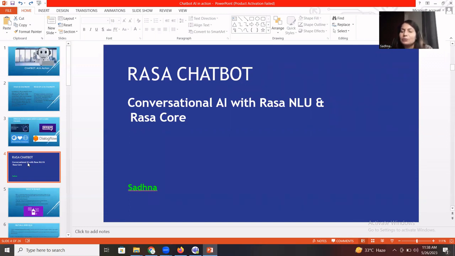By default it gives you certain files and samples showing how you can create intents, entities and so on. These terms are a bit technical; we'll talk about them later. Rasa is a conversational AI in which there are two important things, Rasa NLU and Rasa Core. We'll discuss that in detail as well.